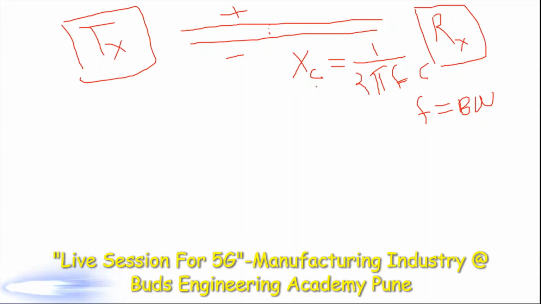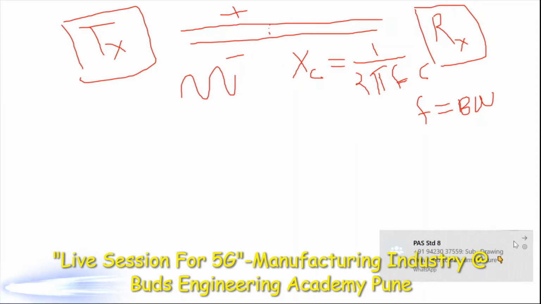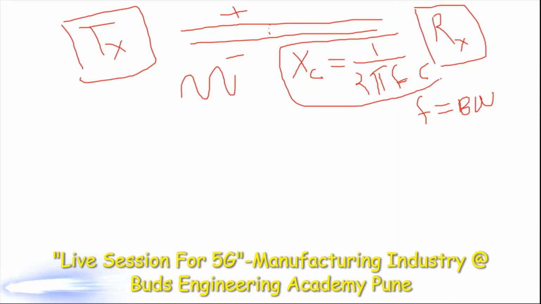Is it clear? Yes. So the traditional option is our electrical signal option. In the traditional option, our important limit is XC. XC is the impedance of this cable, which is 1 by 2 pi FC. That is a problem. Is it clear, the problem?